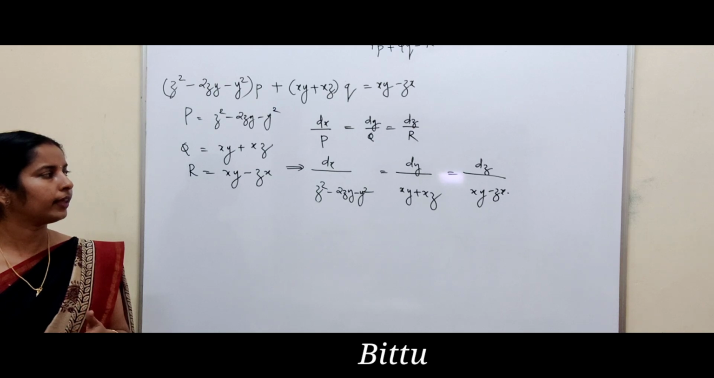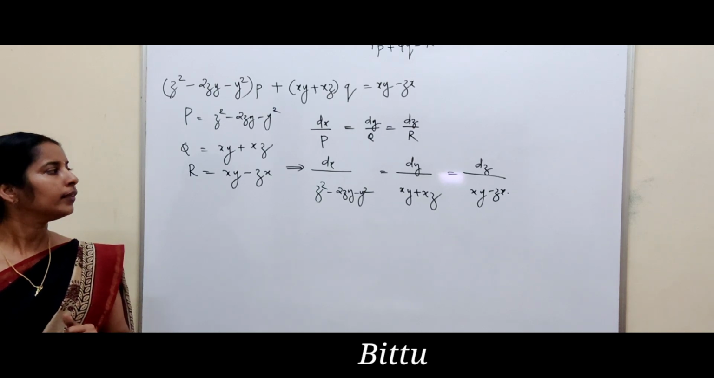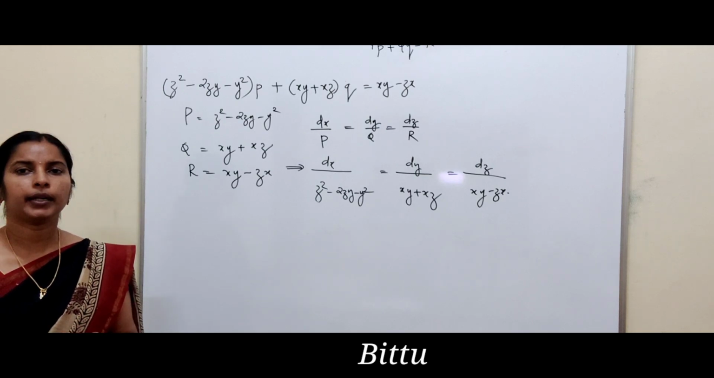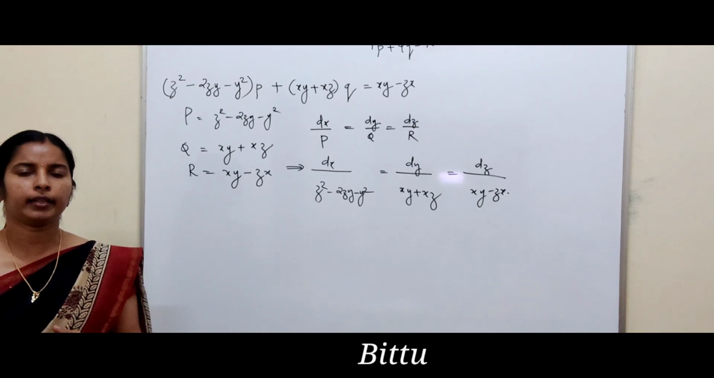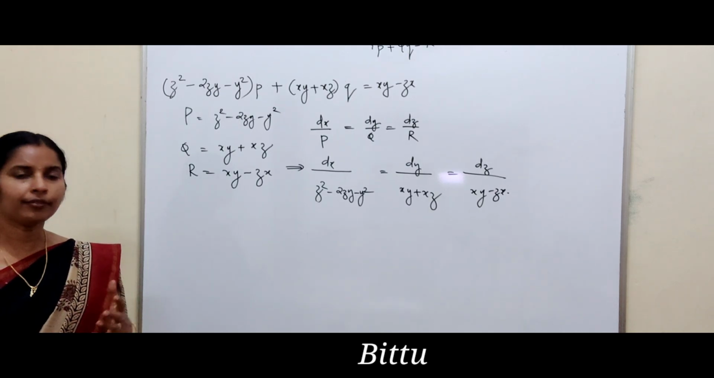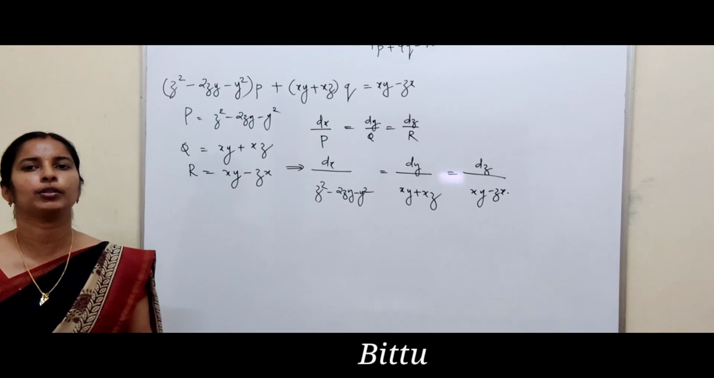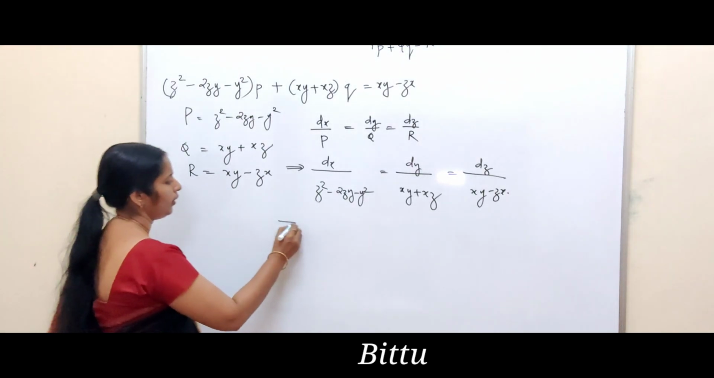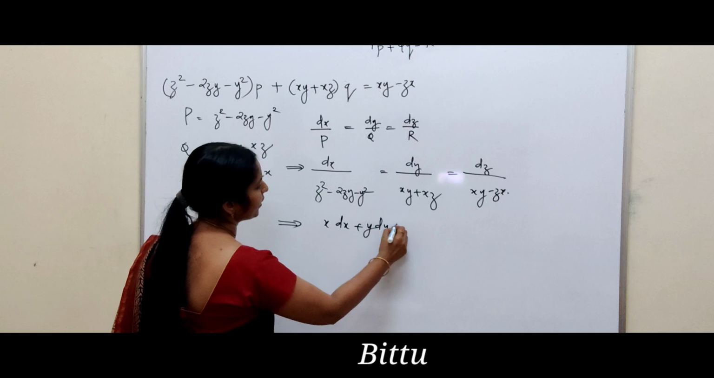Here, it's too difficult by the grouping method, but you can find one solution by the multiplier technique. So, you have to find a combination in such a way that its denominator is 0. You can easily find such combinations only through practice. See, here the suitable solution is, if you take x dx plus y dy plus z dz,